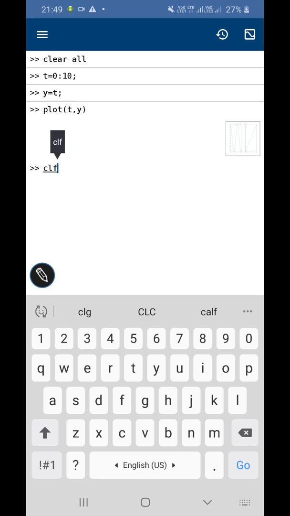In the same way, for using MATLAB, or if you want to plot any kind of function, then you have to use the command CLF. CLF means clear figure. So if you use this command CLF, then it will clear the figure window.